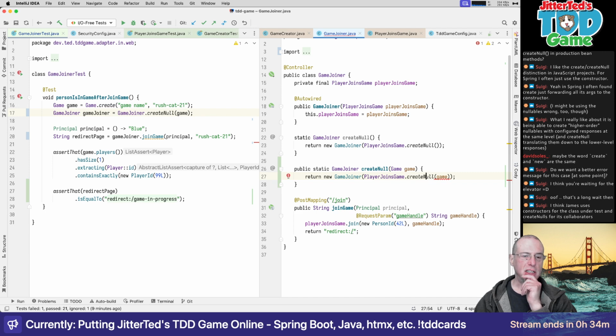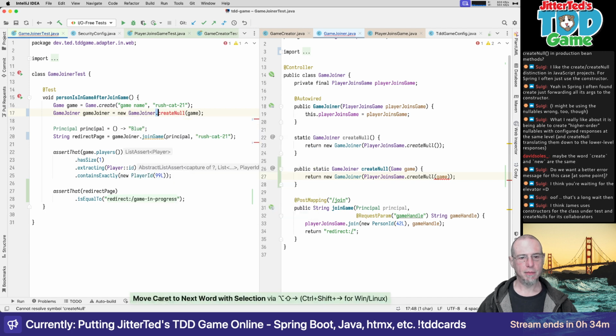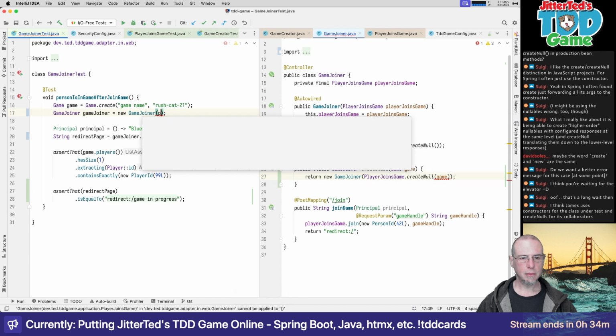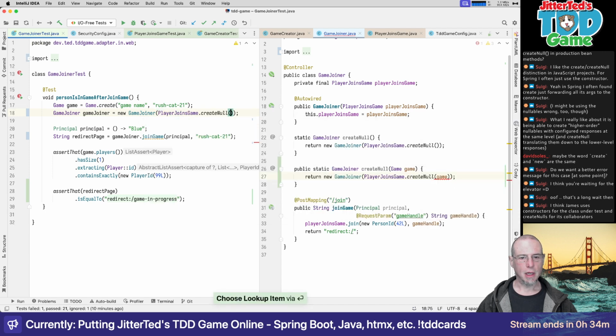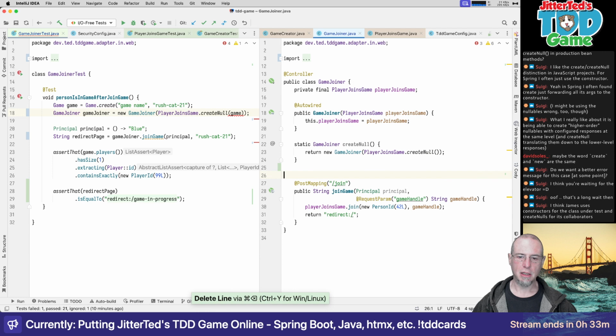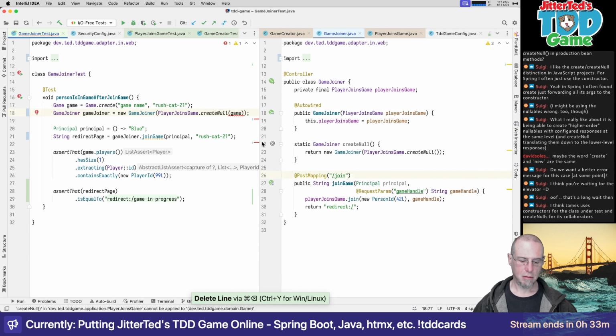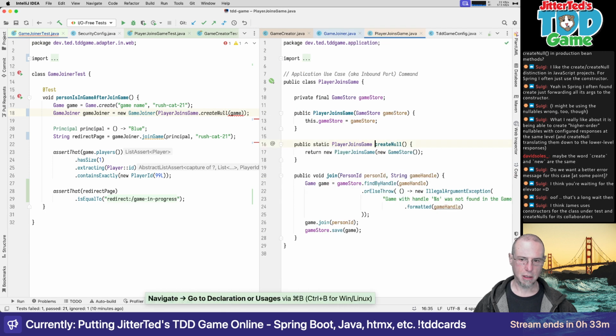So let's see. What are we testing here? We are testing that the game joiner talks to the rest of the system. If that's true, then what we're saying is we want a new game joiner, which takes a player joins game. So I guess that is the one that has game. That makes sense. So we don't put it here. We go here. And so